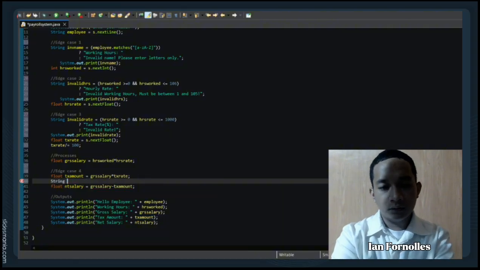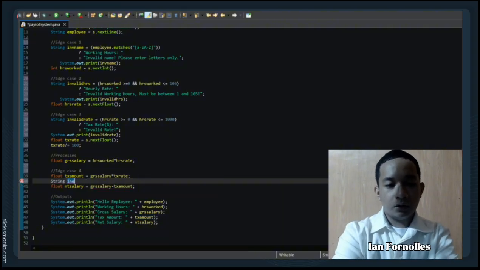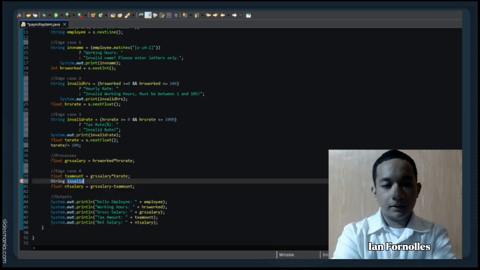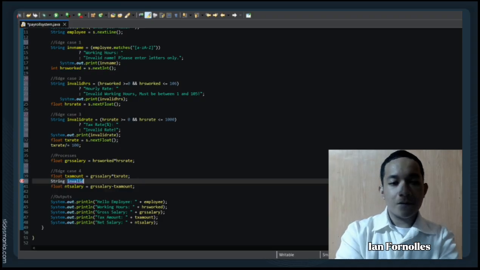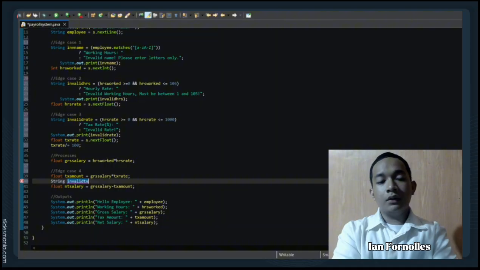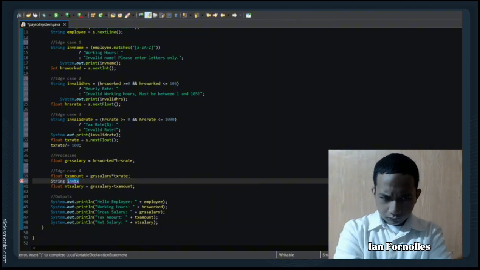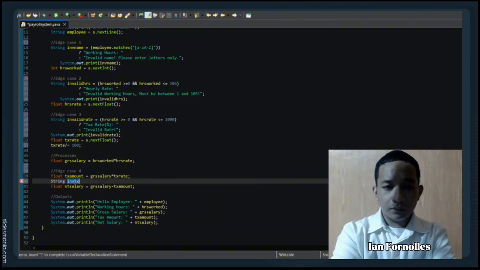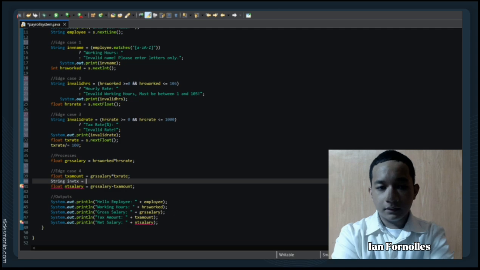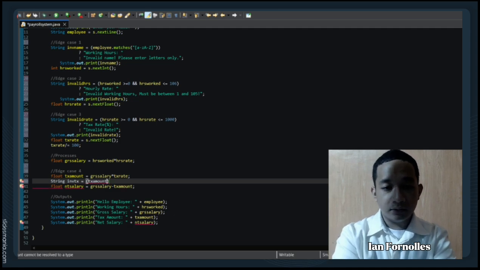That's actually the wrong tax amount. I'm just going to put invalid tax, invalid tax. So now, we're going to actually put our tax amount in here, which is